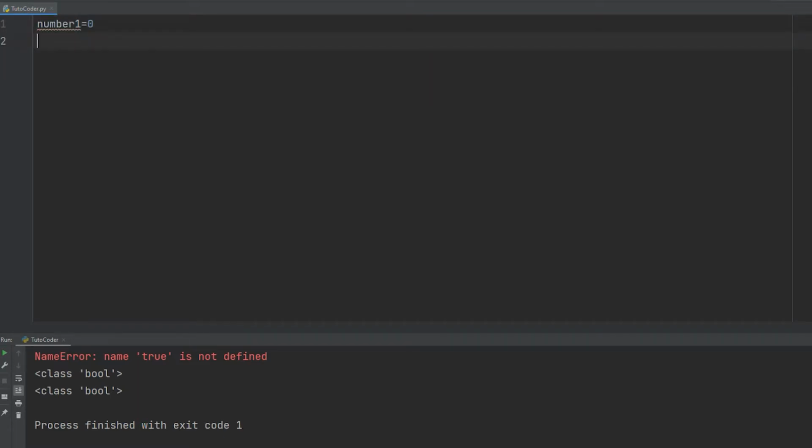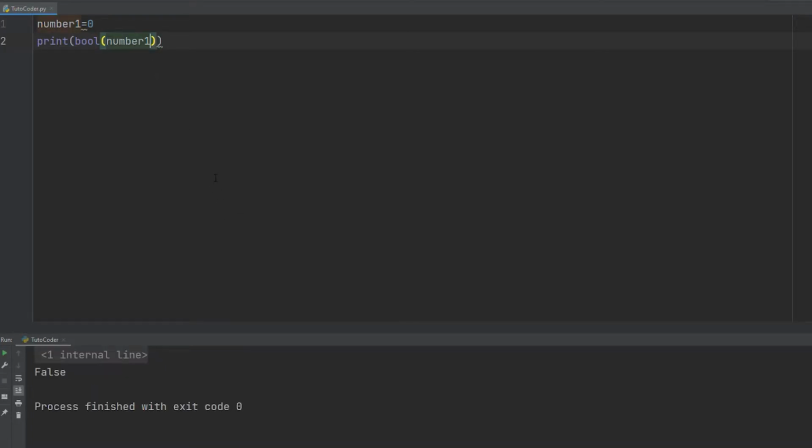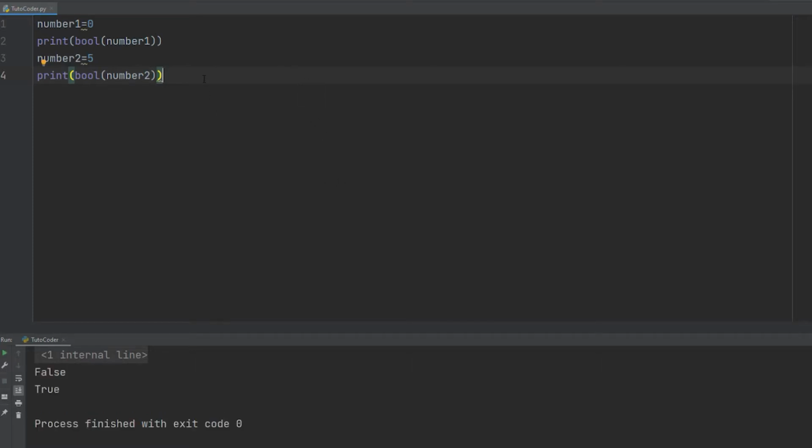Integers and floating point numbers can be converted to the Boolean data type using Python's bool function. An int, float or complex number set to 0 returns false. Any other number, whether it is an int, float, or complex number, set to any value that is not 0, returns true. As you can see, both number 2 and number 3 when converted are true, that is because their value is